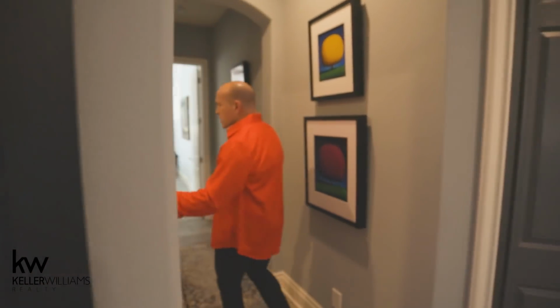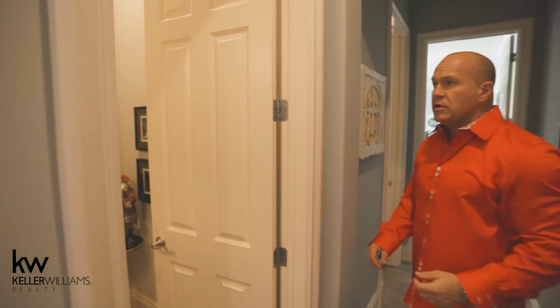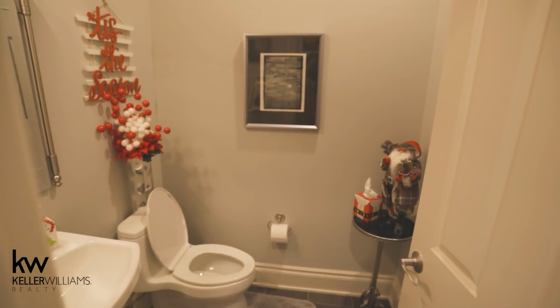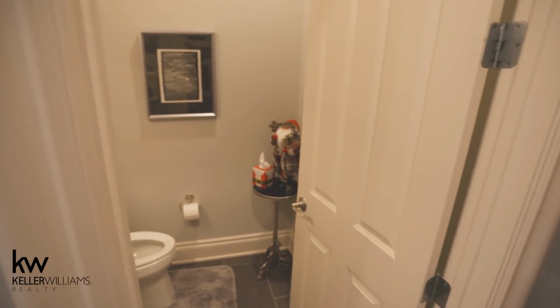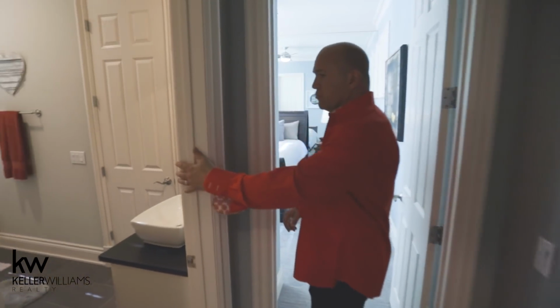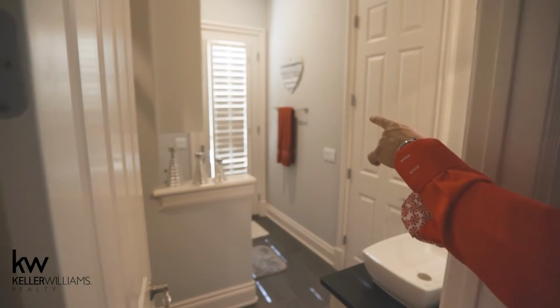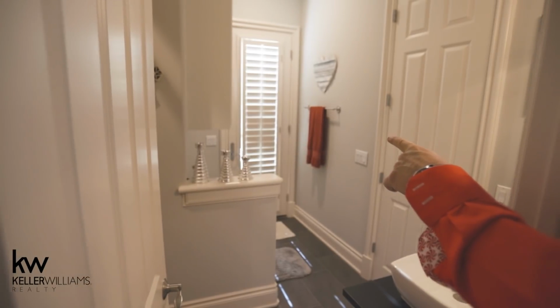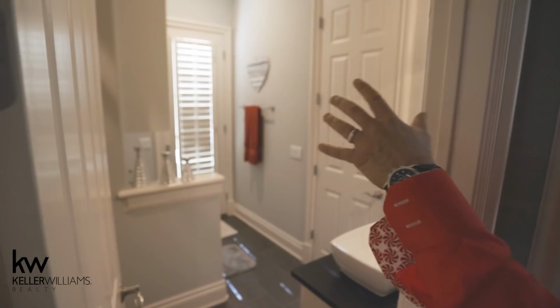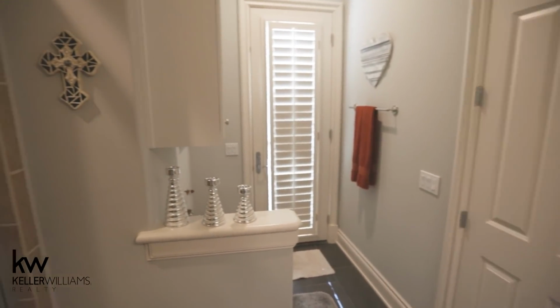our first stop is the guest powder room. So any of your guests who are coming over, notice that the bathroom is not right off the family room where everyone sees them going into the restroom. It's down the hall, very well placed. And then next, we have a full bathroom that will double as your pool bath through the door just over here. Has a shower, commode, beautiful vanity, beautifully updated, but it also services